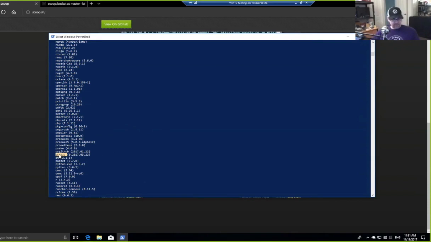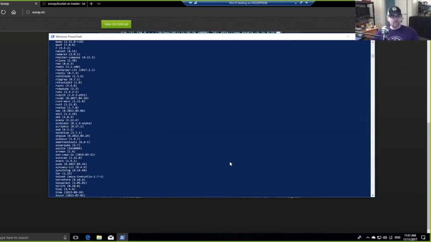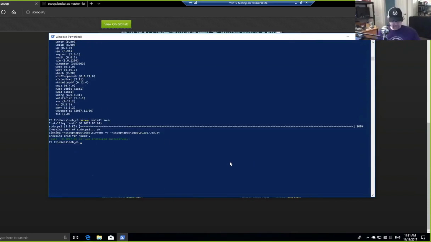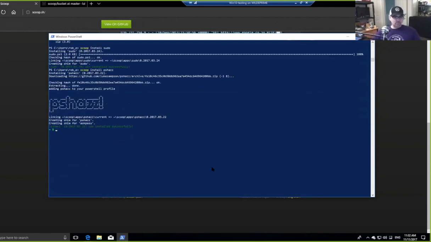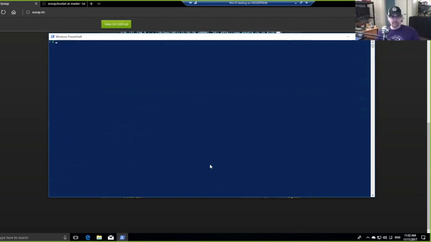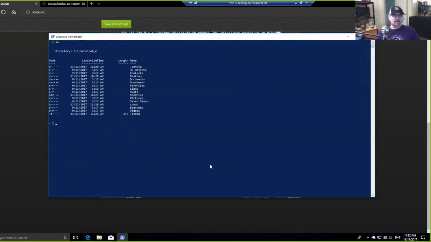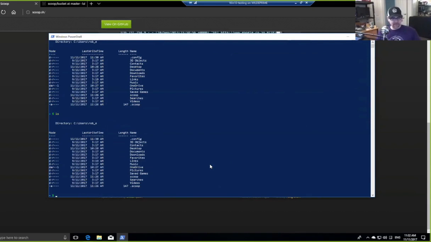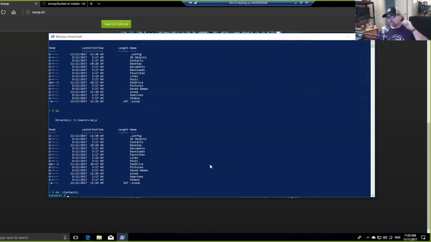PSHaze. This one's really cool. So if you want that sort of environment that reminds you of Linux, so you can have that sort of feel, you can do scoop install PSHaze, and this will make things a little bit more familiar. And basically now what you've got is a command line. ll, ls, I can go into a folder, and it's no different to actually operating as if you were in